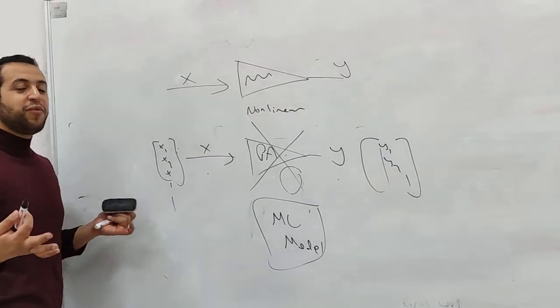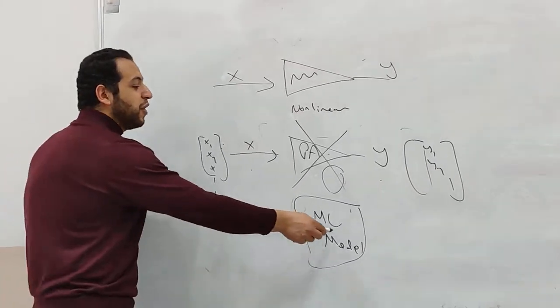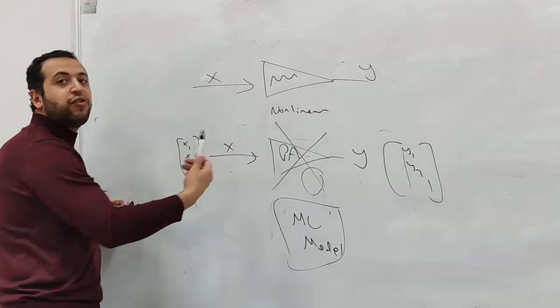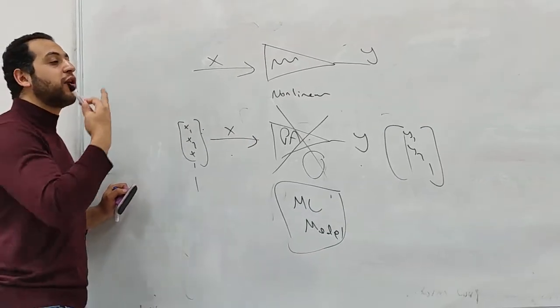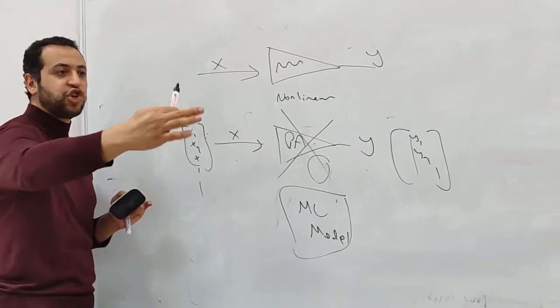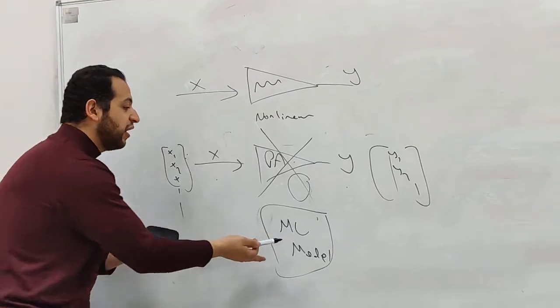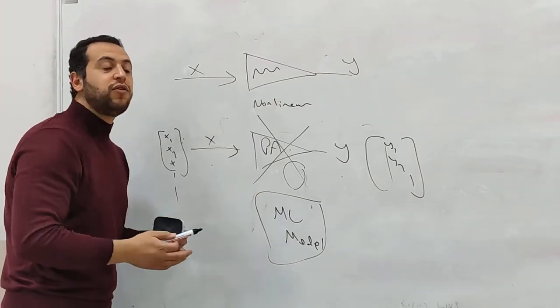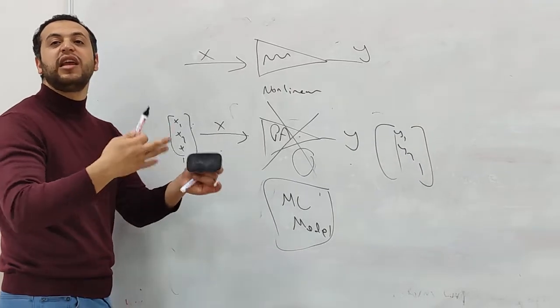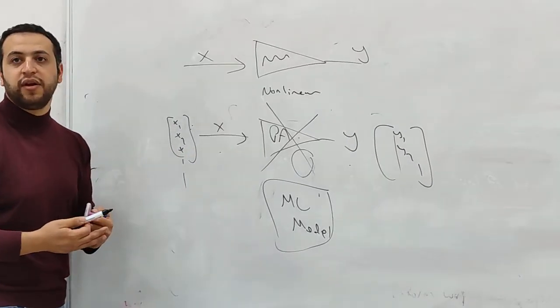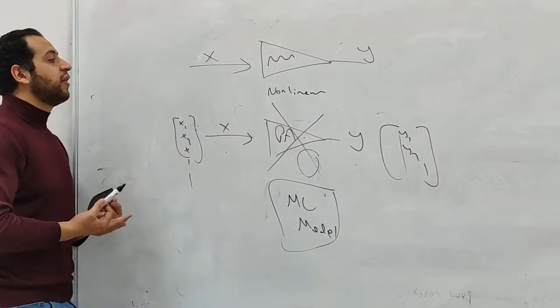Now, what's the beautiful thing about this? Once you know the model here, and we know the effect of the power amplifier, what your power amplifier causes to your signal, it causes distortion. What you can do is invert this model so that you get rid of the non-linearity problem in the power amplifier. So at the end of the day,